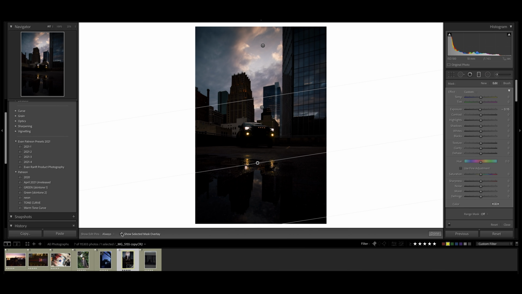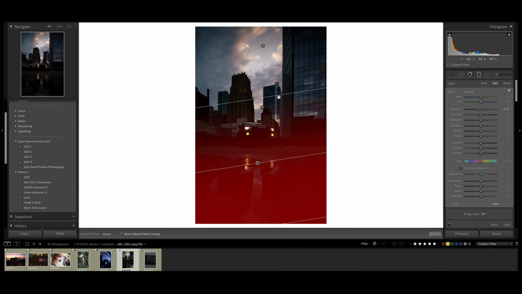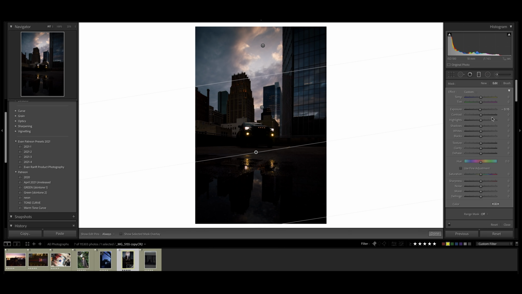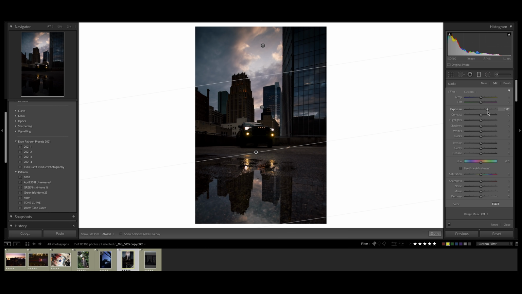opposite. So up top, we were making adjustments to the highlights and really trying to get that sky on point. Down here, we are going to try to get these shadows on point. So what we're going to do is bring our exposure way up. I know a lot of you are probably thinking I'm pushing it with this, and I kind of am, but it's what we got to do. Now we have this really nice reflection down here in the bottom of our image, and we're going to go